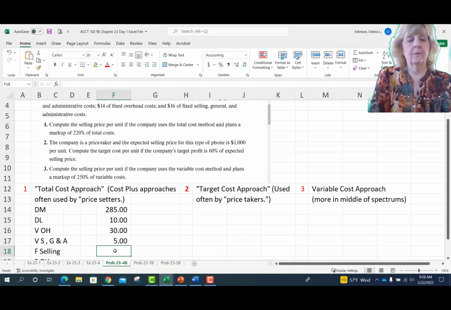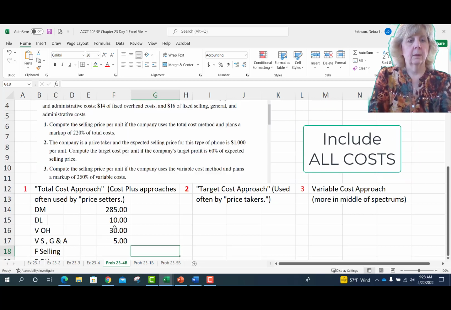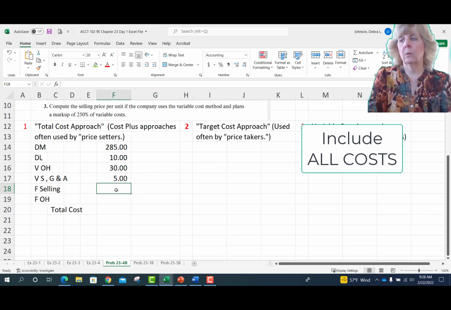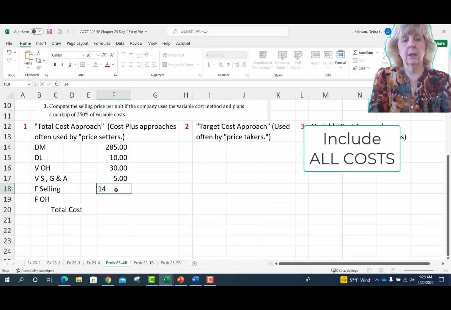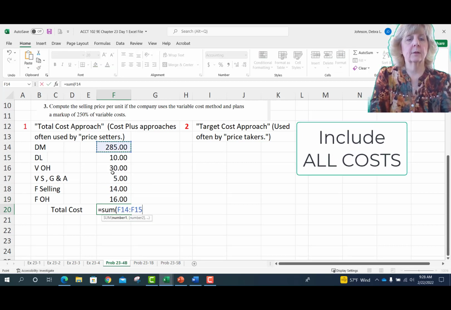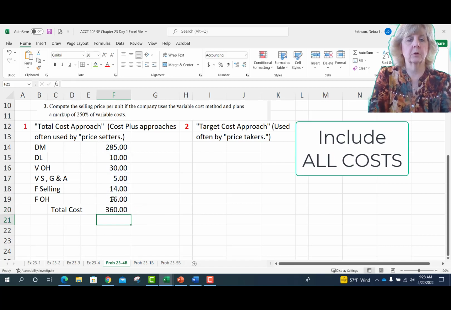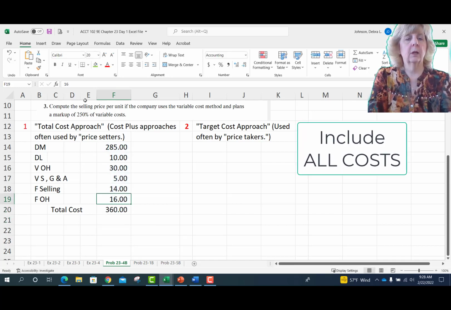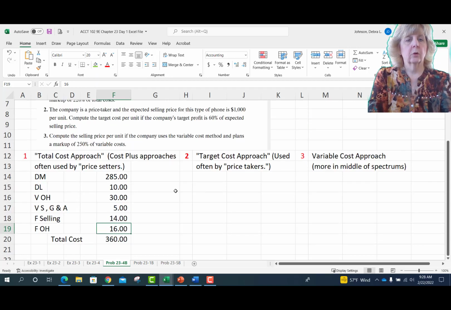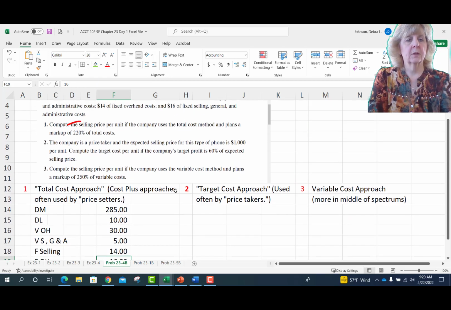Then we had the fixed selling. Let me scroll down a little bit more. The 2 fixed costs that we have were $14 and $16. So when I add that up, 100% of the costs are included in the total cost approach. I get $360. The author told us to use a markup percentage of